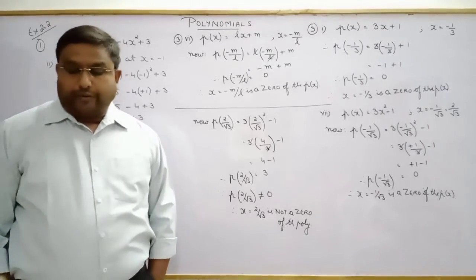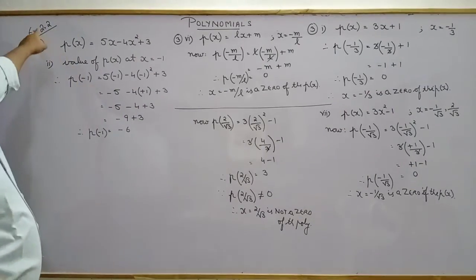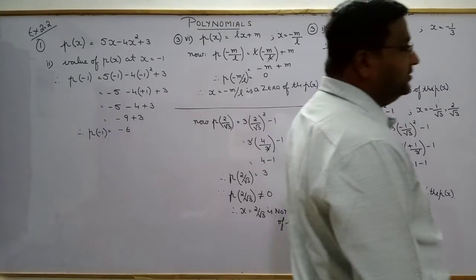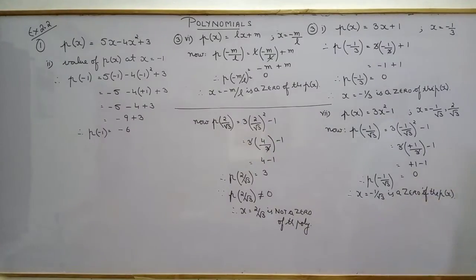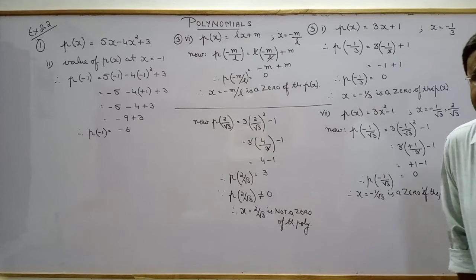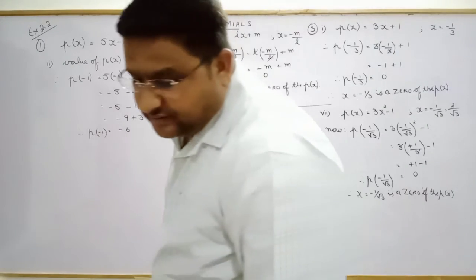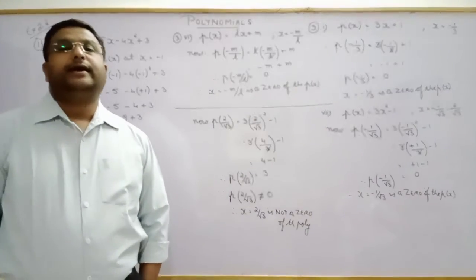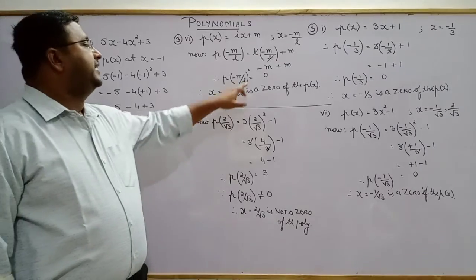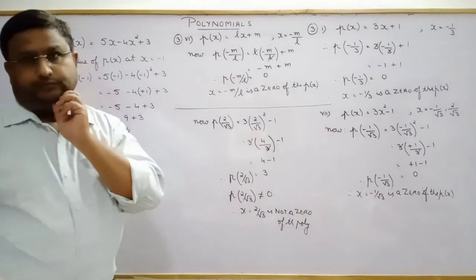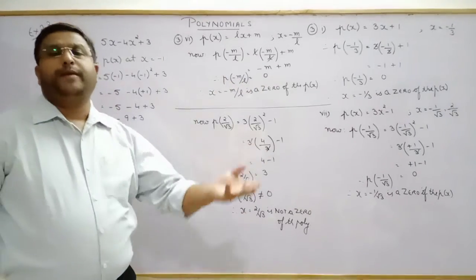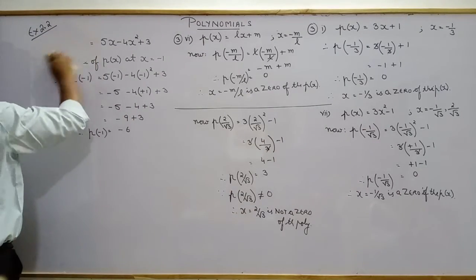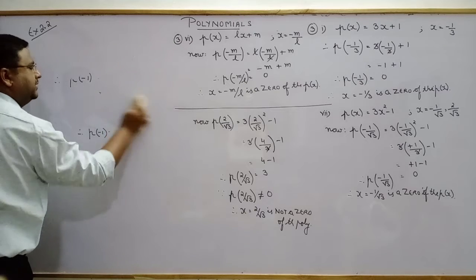Now if I talk about question number 4 for the same exercise 2.2, there we verified whether they are zeros or not. Here he wants us to find the zeros. Check what he says. Find the 0 of the polynomial in each of the following cases. When is a 0? When the remainder is 0. Yes or no? So we just have to make it equal to 0, nothing else. For example, let us try one question. You will be able to understand it.